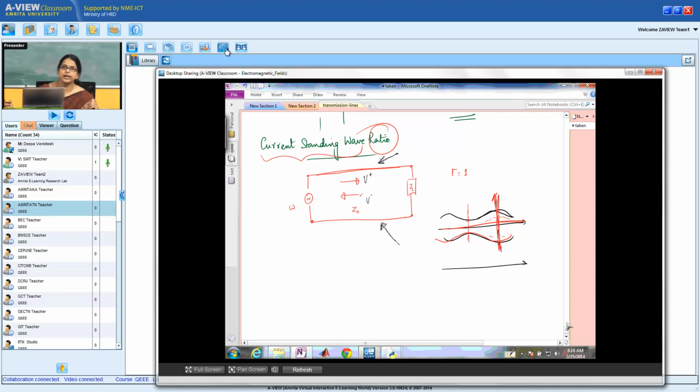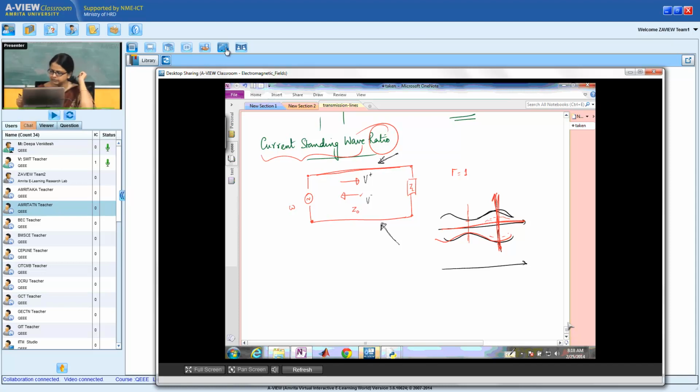I've also shared a tutorial with you. I do not know whether it has reached you. If it has, can you show your hand? SMIT, did you get the tutorial? No, it has been shared to the QEEE team. I would request them to share the tutorial sheets with you. I think I sent it last week in the beginning. The first week we did not have class, so they were supposed to be working on that tutorial. There were so many email addresses, and it was sent to all of them. So just remind them to send that.